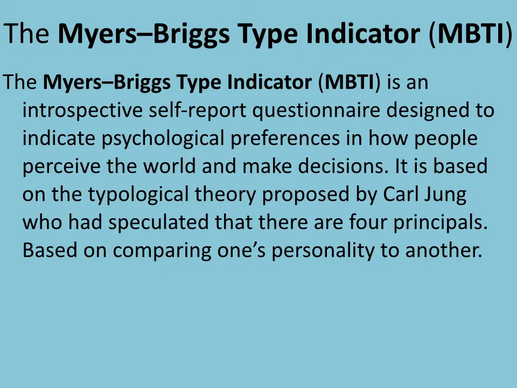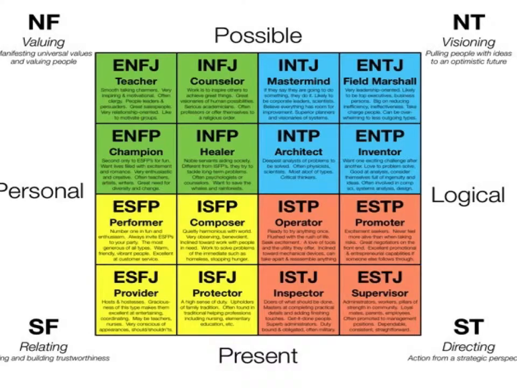The biggest thing about the Myers-Briggs, or the MBTI, is that it looks at how your personality compares to others. What are your strengths? What are their strengths? What are your weaknesses? What are their weaknesses? Which is pretty unique. If you take an MBTI, you are going to come up with responses that have 4 letters, and these 4 letters correlate to one of the 16 personalities possible.